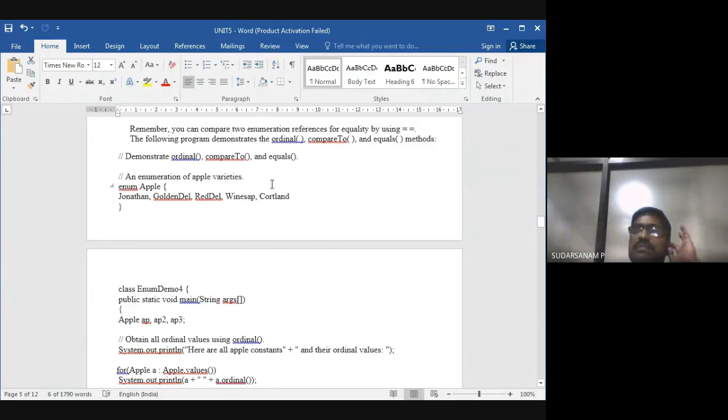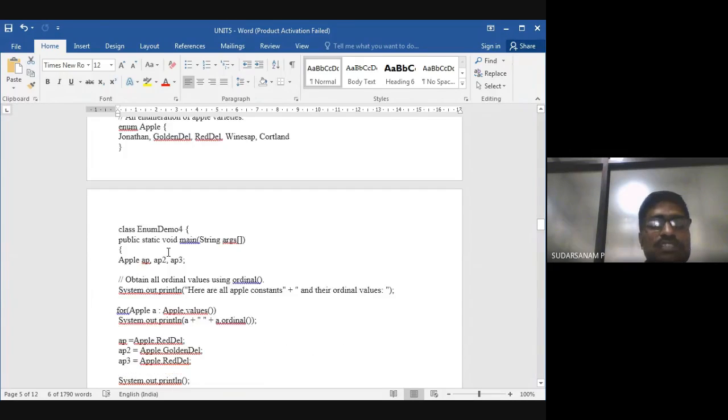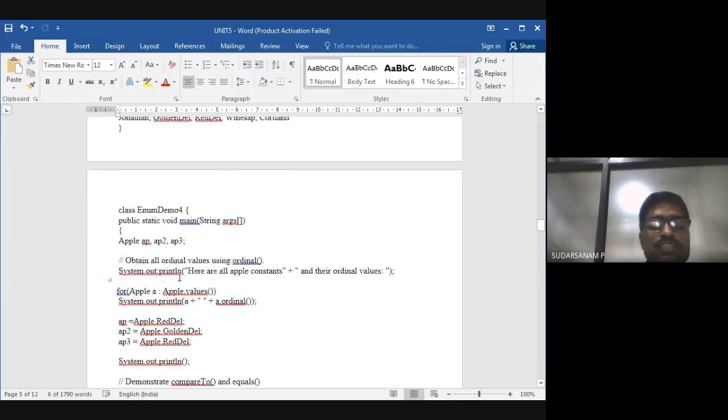Even in the second chapter we have learned it. The default values will be given 0, 1, 2, 3. Apart from this, you have learned this in C programming also. Now this is nothing but System.out.println: all Apple constants plus their original values.